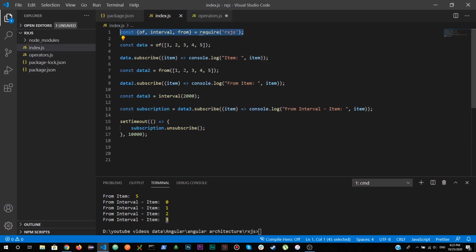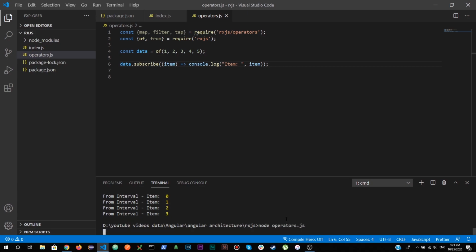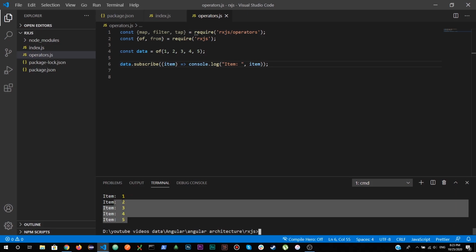Let me copy it from here. So it's going to print the values. Let me run this file just to see if there aren't any errors. You can see the items printed.